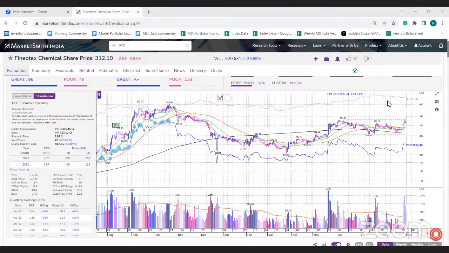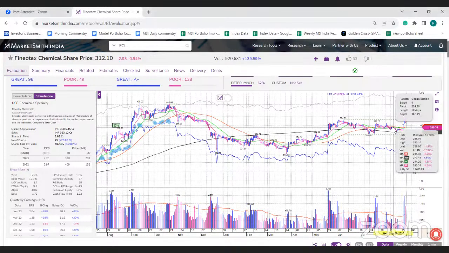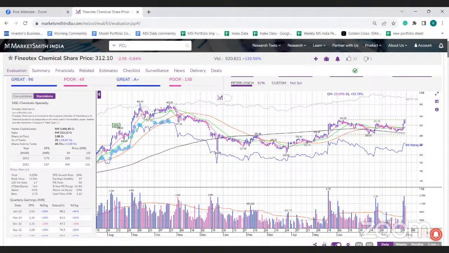So yes, if you look at the base formation, it's a good stage 1 consolidation base, and I think the base formation is also good. यहाँ पे देखो लो वॉल्यूम पे कंसोलिडेट हुआ है, even on the left side of the base. ठीक है, राइट साइड में अभी लास्ट 2 सेशंस में वो 50 DMA रिक्लेम किया हाई वॉल्यूम पे, उसके बाद फिर से हाई वॉल्यूम एक्शन. Today it briefly came near the pivot, but it was not able to hold the gains.